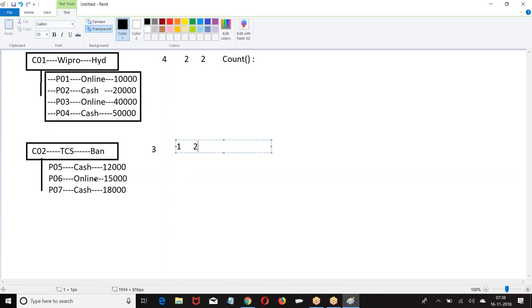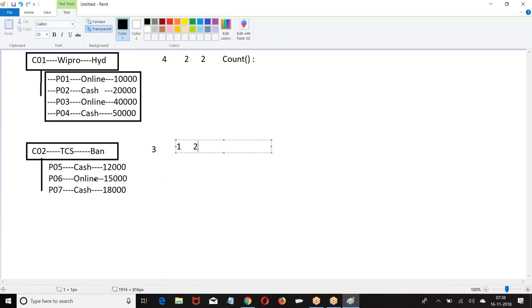Take only cash records. On the top 2, on the bottom 2. Take all the records. On the top 4, at the bottom 3. It is not necessary that we need to take every child record.